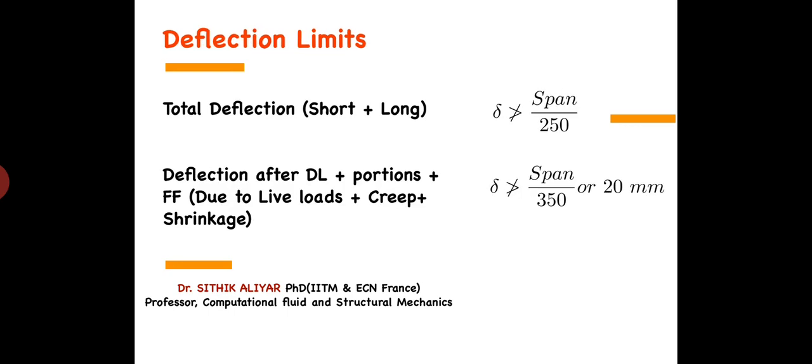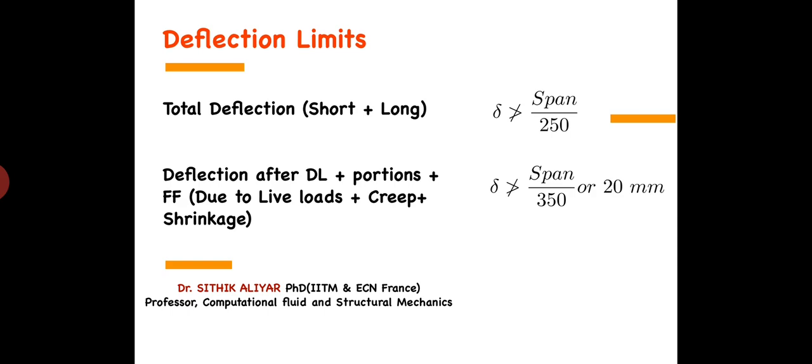So the next point is the deflection limit. How much maximum deflection can you allow for a total deflection? Short term, like I told you, is elastic deflection, and then long term deflection. Overall, you should not allow the deflection to cross span by 250. Whether it is temporary or permanent, it should never cross span length divided by 250. But the deflection due to live load plus creep and shrinkage,